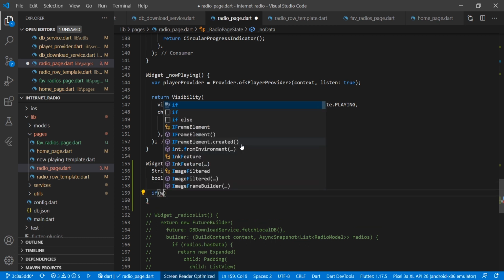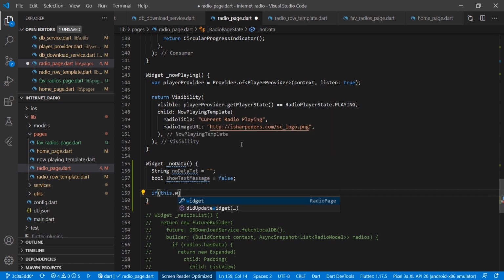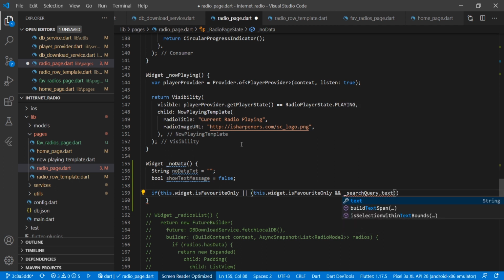and here we will check if this dot widget is favorite only and search query dot text is not empty.